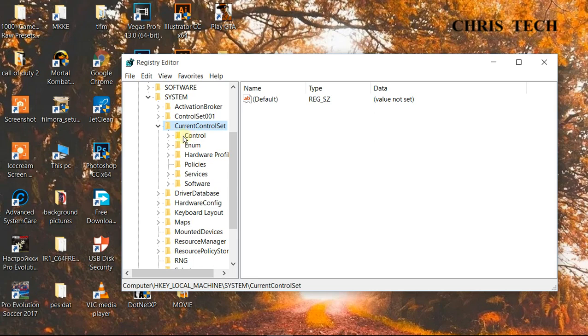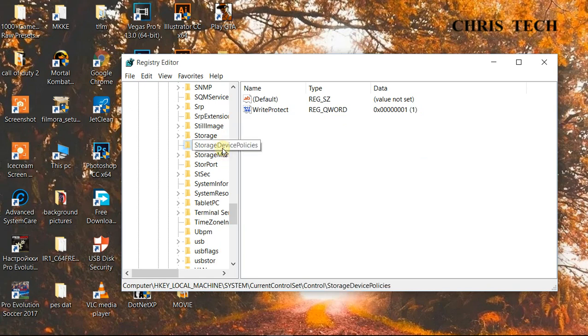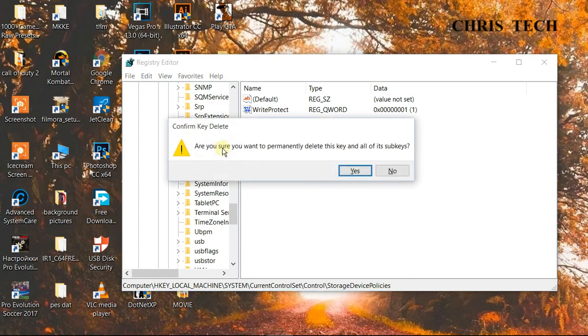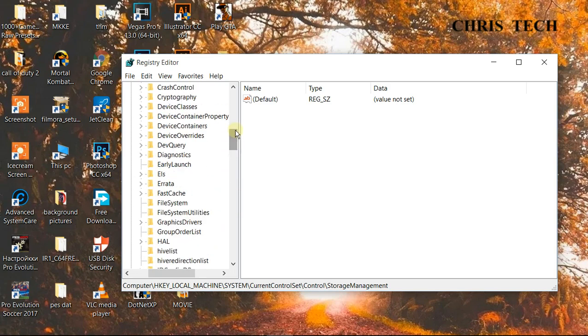So come here to Control, double click again, search whether you have StorageDevicePolicies. But if you don't have the StorageDevicePolicies, let me delete it so that I can show you how to create that. Come here,